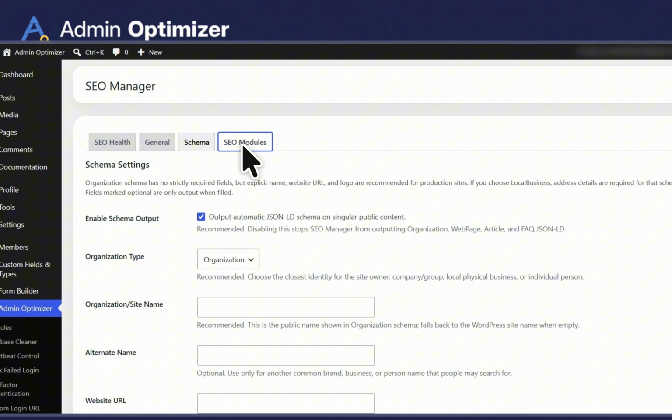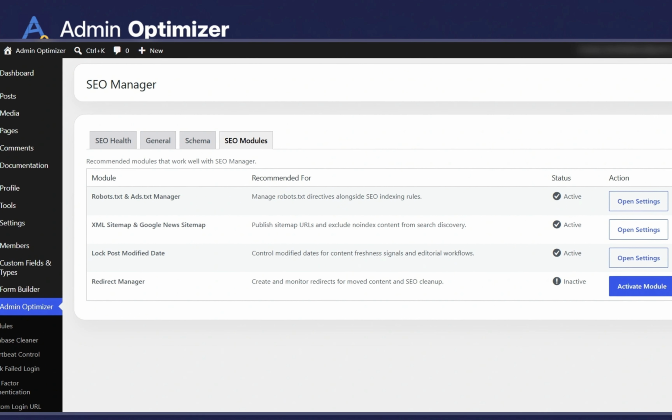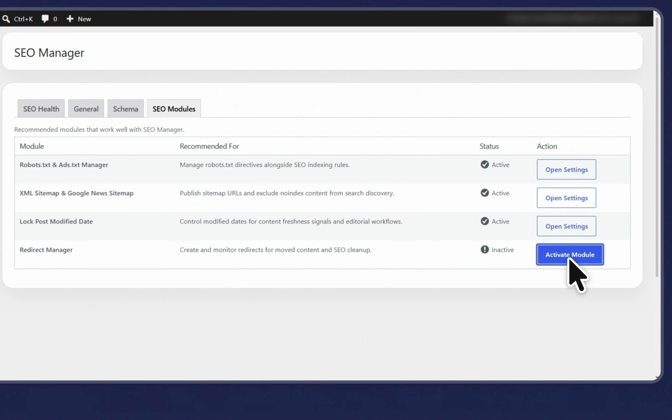Lastly, let's look at the SEO Modules tab. This serves as your quick access hub for other powerful, specialized modules that are built natively to work alongside your core SEO manager with zero plugin conflicts. You'll find essential add-ons that you can activate or manage with a single click, including Robots.txt and Ads.txt Manager for